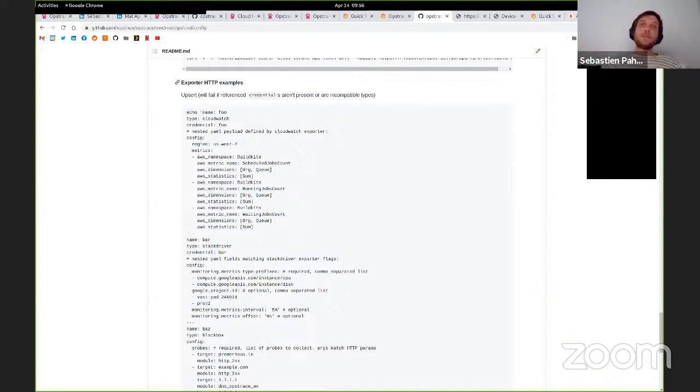Or if you have single instances, and a lot of people have single instances, then you have options. You can keep using Prometheus, but if that's too big, you have things like the Grafana agent. We support the Datadog metrics interface, but that's more for migration. I wouldn't start using it to monitor single instances.